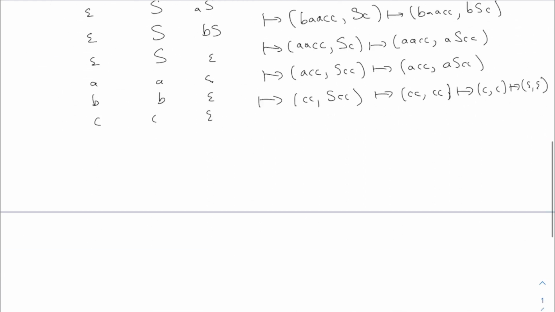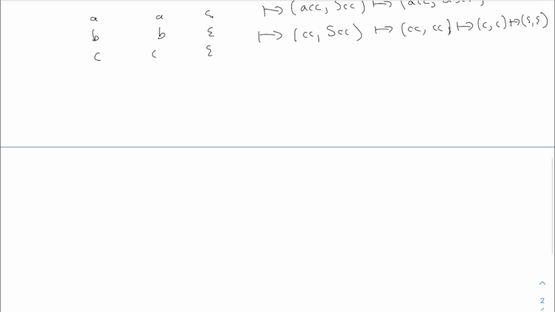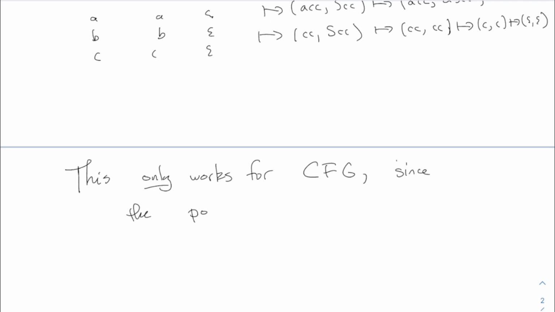So I'm just going to say this whole trick here only works for a context-free grammar. That's because the pop column is only allowed